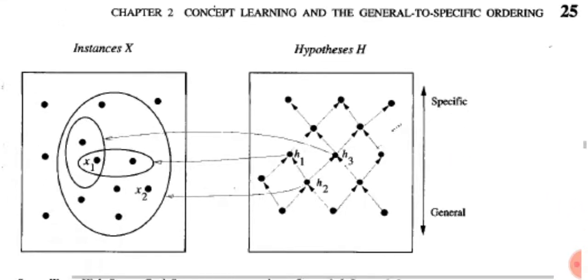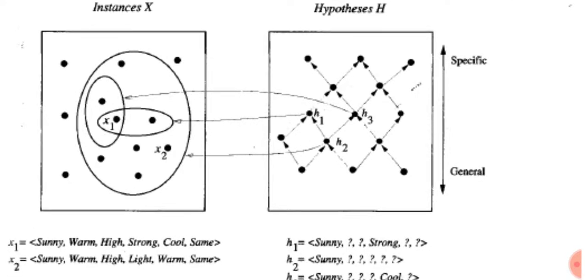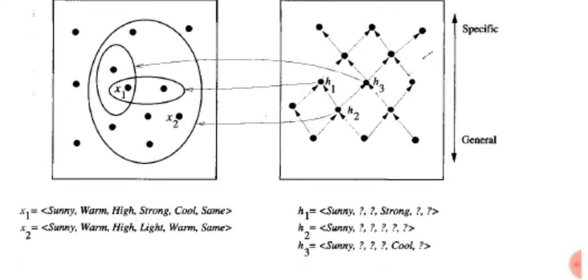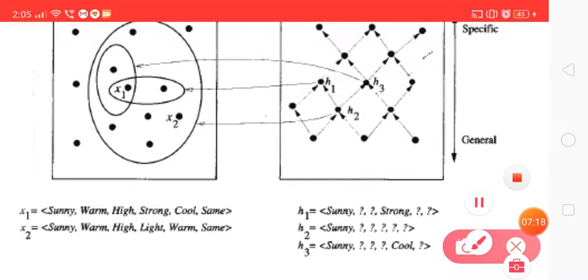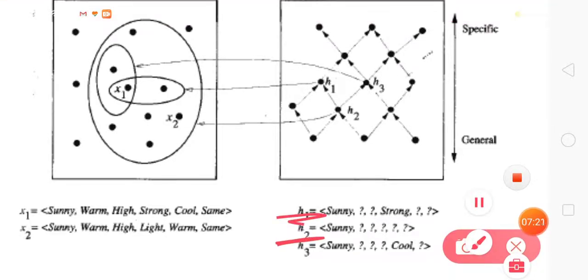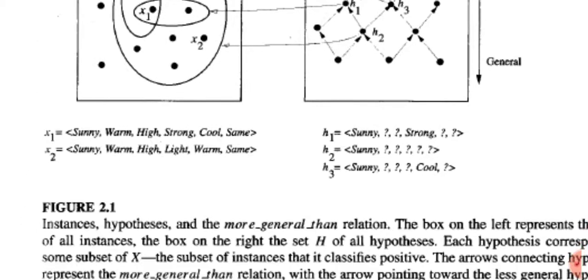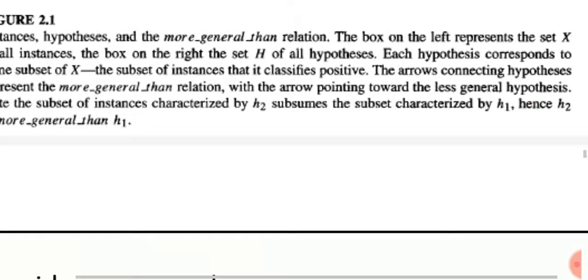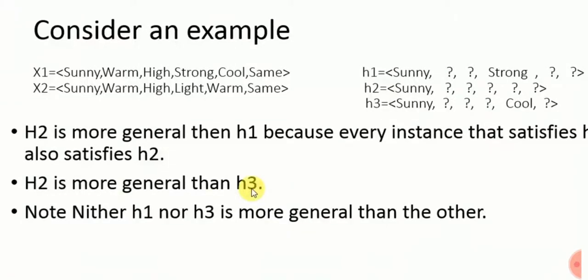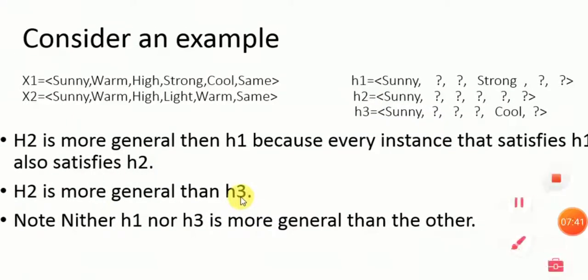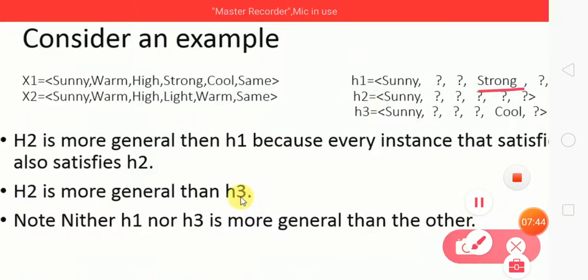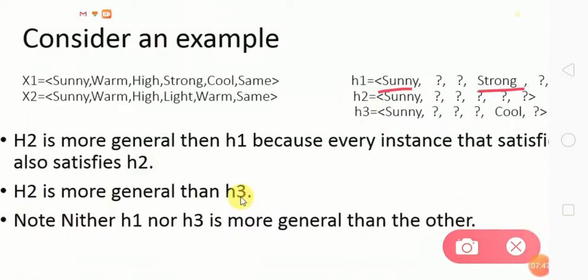So going to the second one, in this figure, the pictorial representation, we represented the set of instances as well as the hypotheses. Till now we studied H1 and H2. Then we are also considering one more hypothesis here. The hypothesis is proposed by these instances. That is also a subset of these instances. So H1 has more constraint values compared with H2. That's why we are specifying H2 is more general than H1.